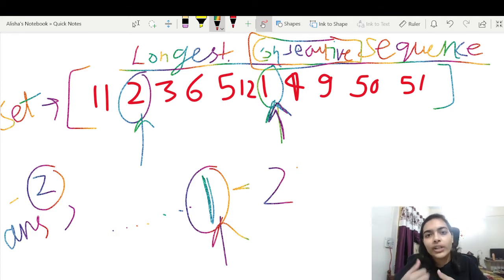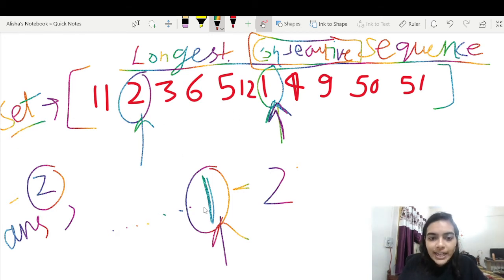And why did we store in set? Because if you have to search the array, then either you will do a binary search or you will do a linear search also. It will take O of n complexity, or if you do a binary search, it will take O of log n complexity to search the array. So we don't want to do it. We want to do it in O of 1 itself. So we stored it in a set structure so that we can do the lookup of the elements in O of 1 time complexity. Okay, that's why we stored in a separate set.